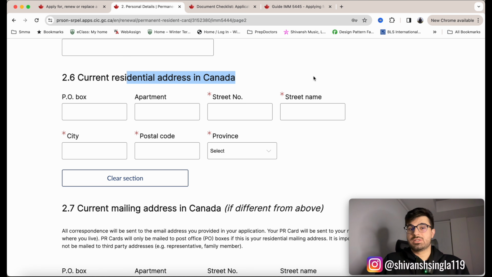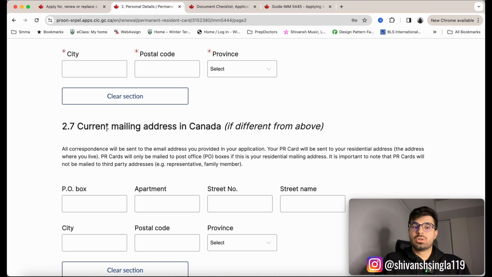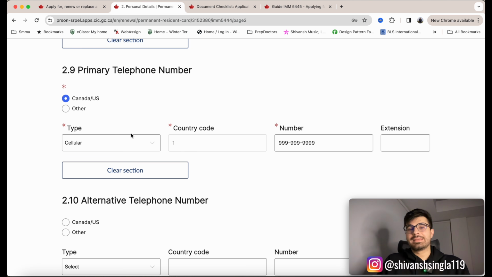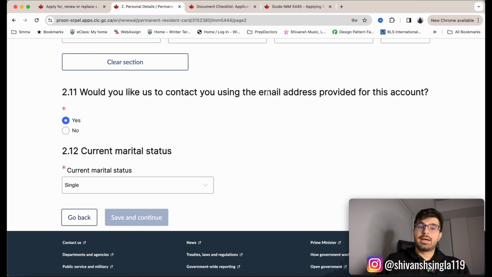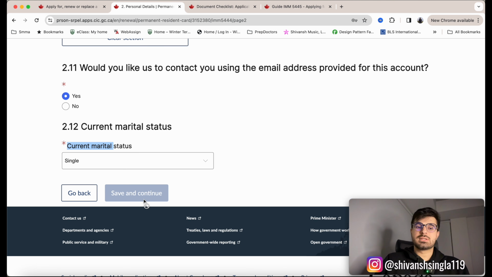And then you need to enter your residential address in Canada. Make sure that this address is correct. And then you can also enter your mailing address if it is different from your residential address. So since we are in Canada, I'm just going to select cellular, country code is 1, and the phone number is your phone number. And next section is, do you want IRCC to contact you at the email address that you used for creating this account? So I'm just going to select yes, enter your current marital status, and then you can save and continue on